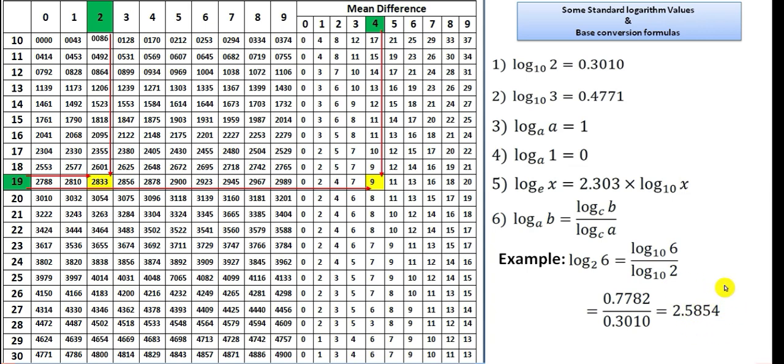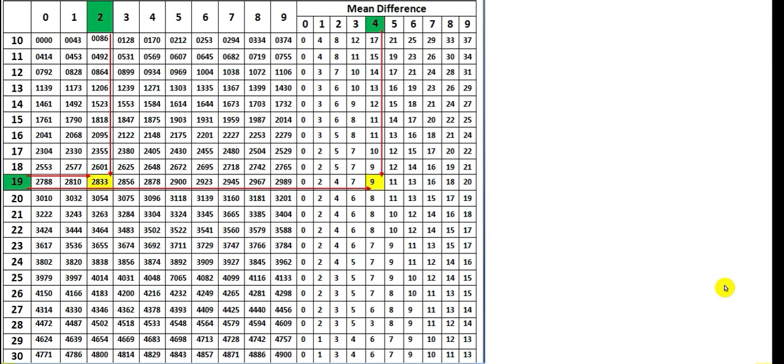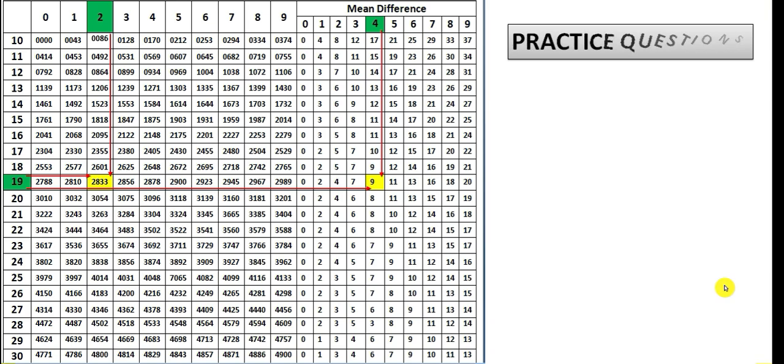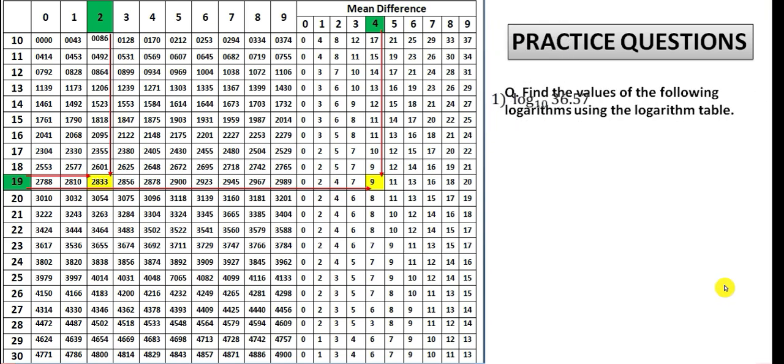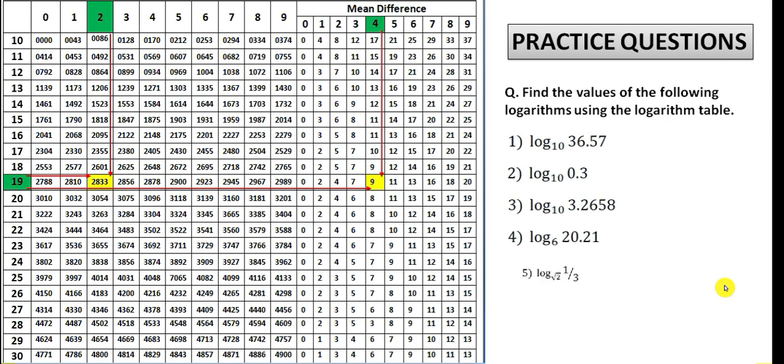Now I think everything is clear. If you have any doubt, you can ask me in the comment section, and I have given some assignments also. These are the assignments that I have given. You can solve these assignments for practice purposes. I urge you to solve them, otherwise you may forget it. It is a very easy topic, you just have to find this and that. No great thinking is needed, you just have to remember the process of how to do it. So it is very necessary to practice.